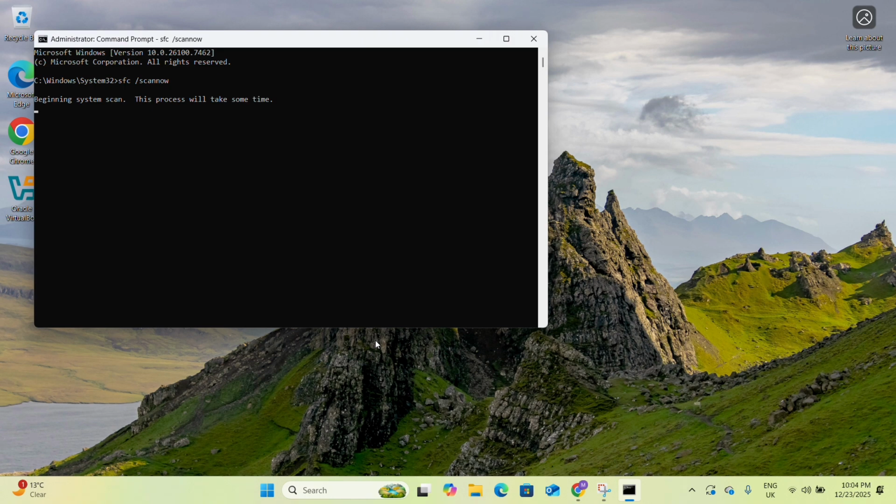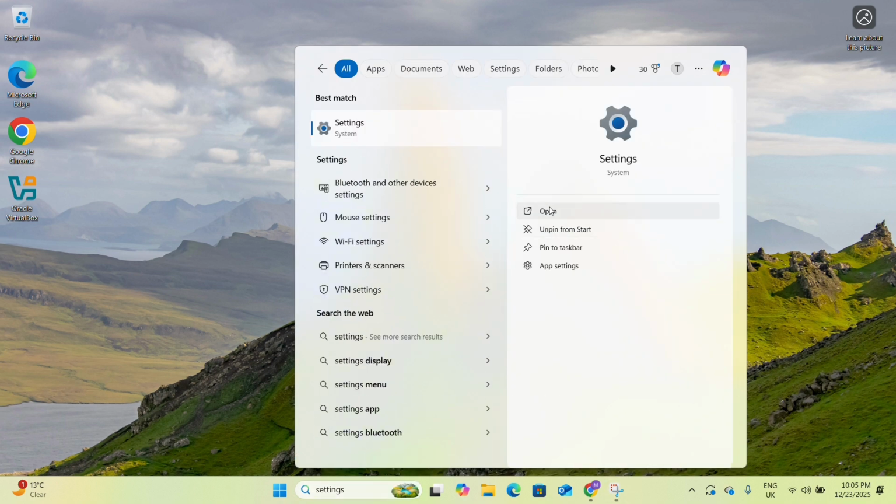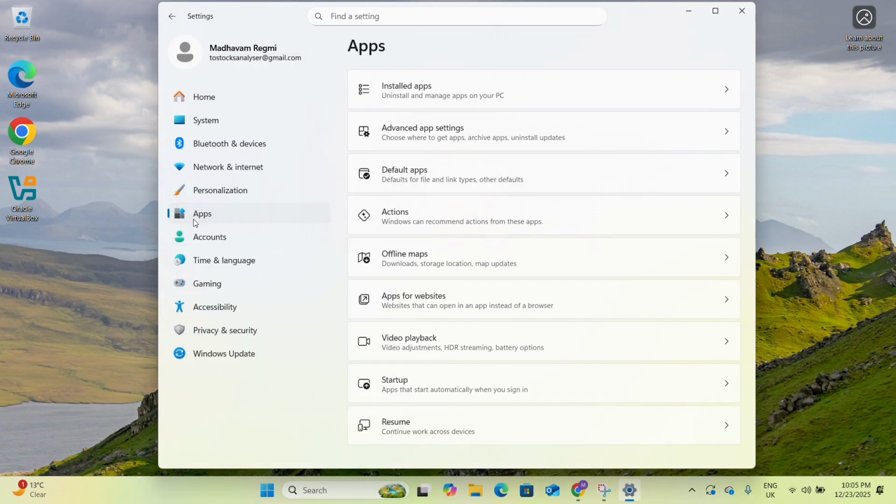It is just going to scan all your core Windows system files just to ensure that everything is in order and nothing is broken or corrupted. So once the scan gets 100% completed, you can close this window and then you can check if that fixes your issue. If not, go to search bar once again and open settings,